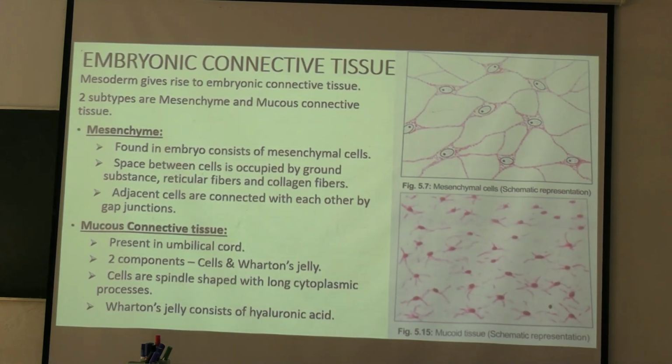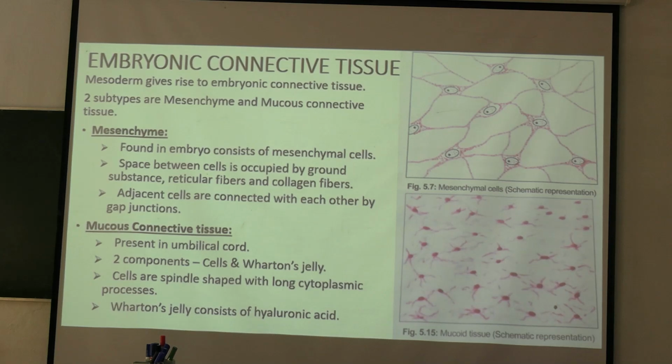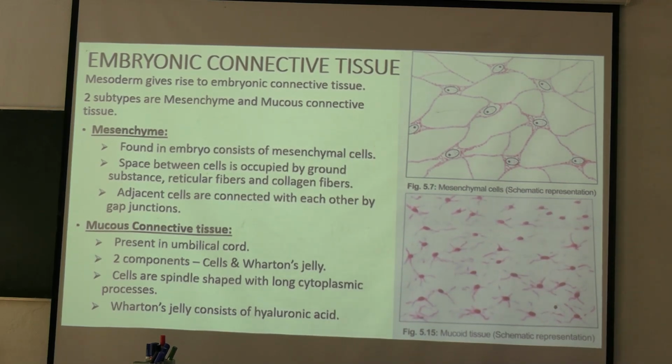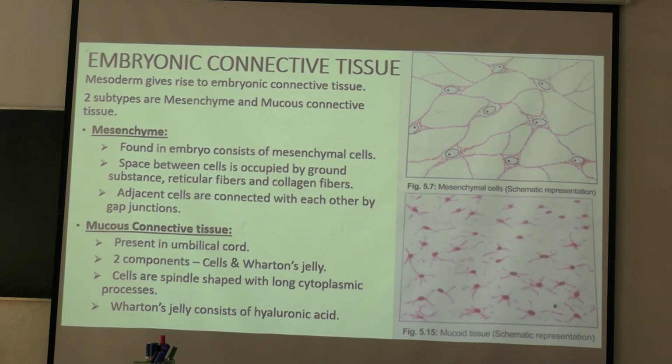Next we go to the individual types of connective tissue. So we have completed the different types of cells present in the connective tissue. If it comes as a short note, you have to write down 2 to 3 lines for each of the cells and draw a schematic diagram. Okay, and next we go to different types of connective tissue.